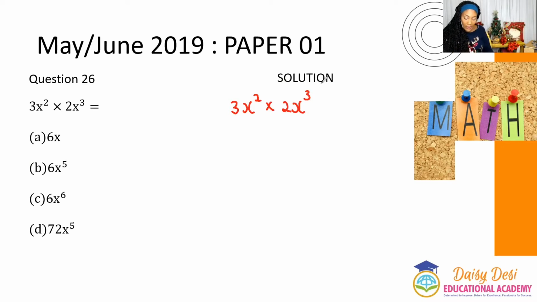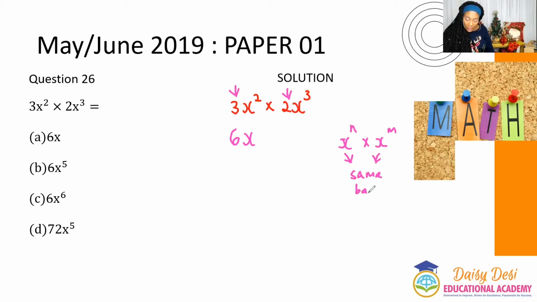First, we have to multiply the coefficients, and the coefficients are the numbers that are in front of the unknown variable. All right, so the coefficients in this question are 3 and 2. So you are going to multiply 3 multiplied by 2, which is 6. And now we're going to work out what is the index for our variable x. Now, when we have indices of the same base, just like the one before, same base meaning here and here are the same,